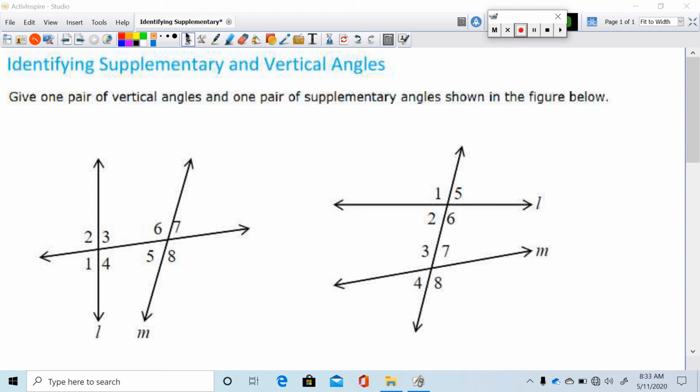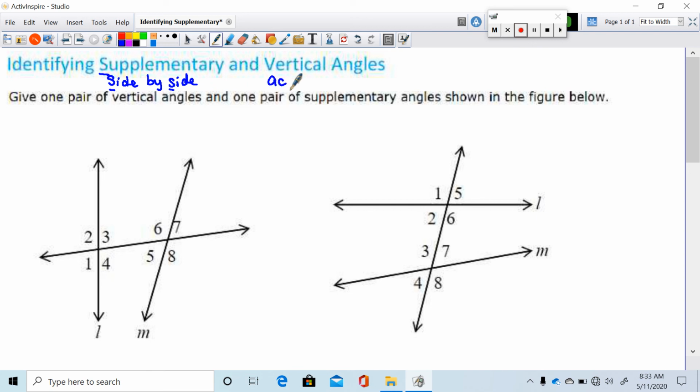Identifying supplementary and vertical angles. Well, these are from an actual diagram. Supplementary are side by side. They all start with the letter S. Supplementary, side by side. Vertical angles,